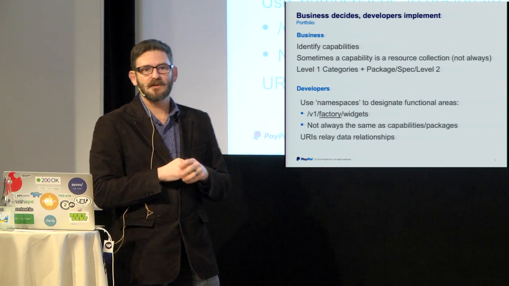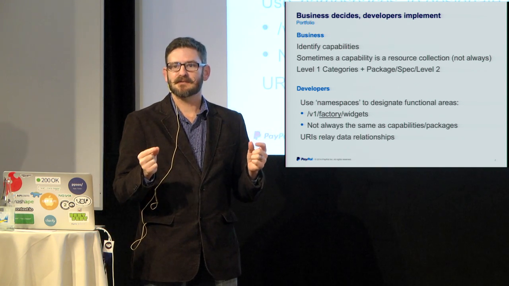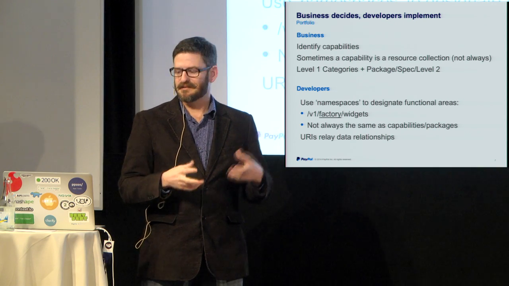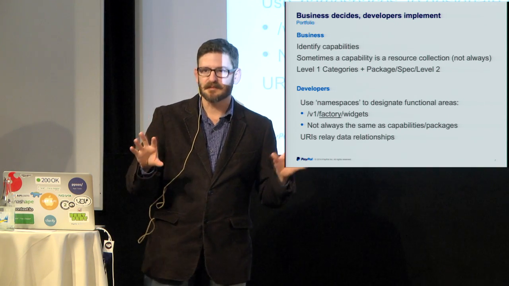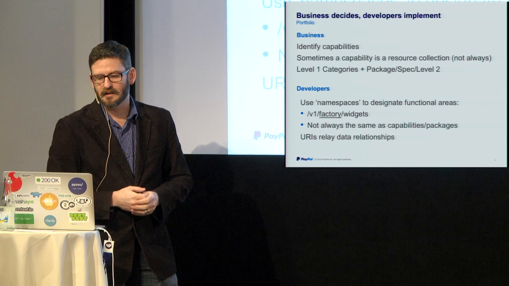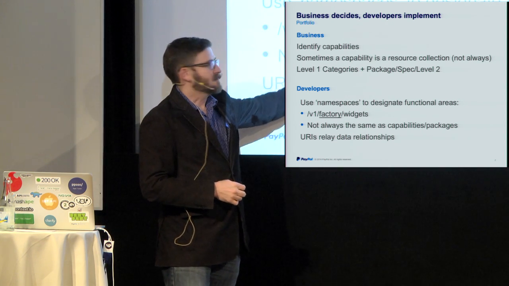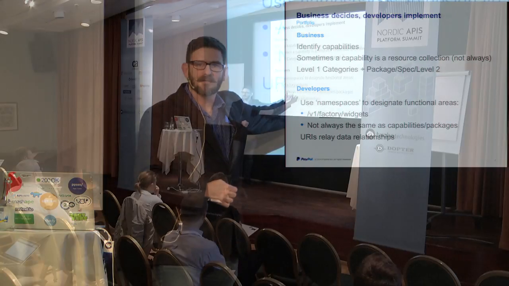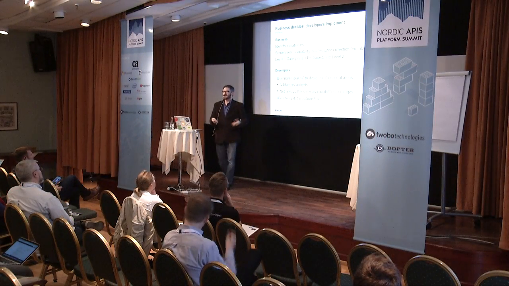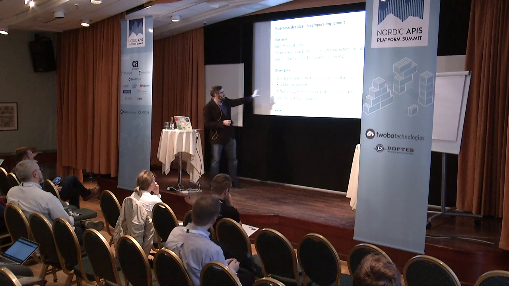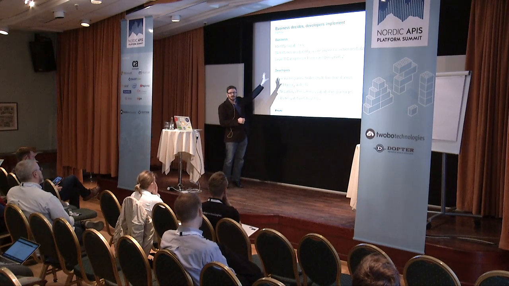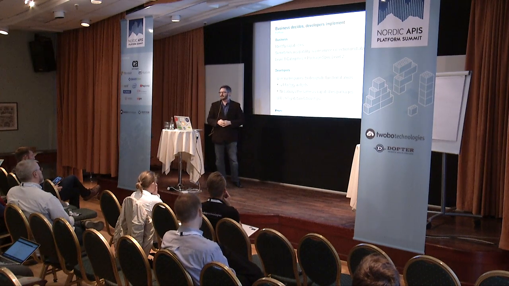They're really going to look at that URI as a sentence. They're going to read this combination of namespace. I hate to borrow the SOAP phrase, but that's kind of what we call it. So like in our imaginary widgets API in the factory, you'd have factory as your namespace. It's not really a resource, it's just a categorization. This speaks a language to developers that's very different from the language that we would refer to in capabilities.